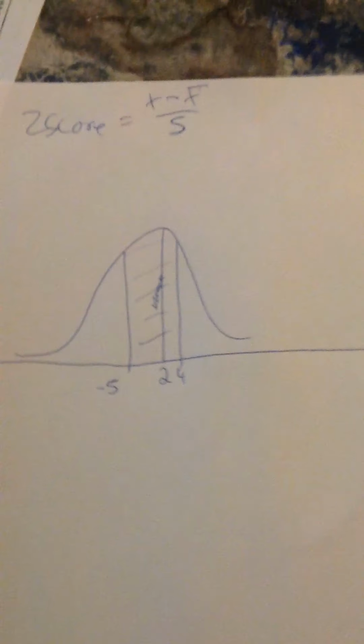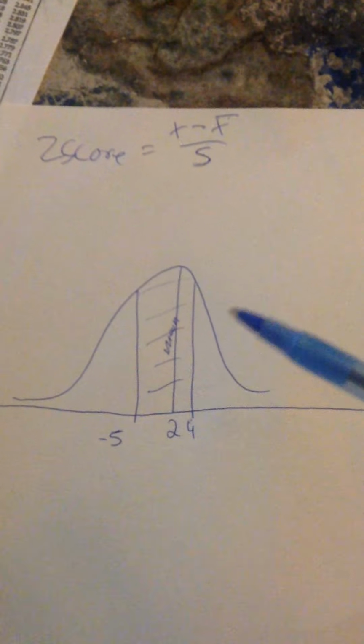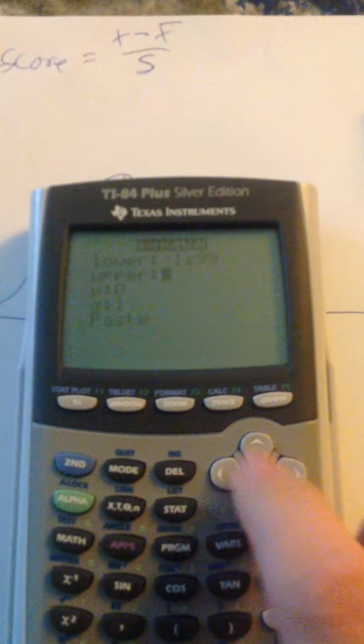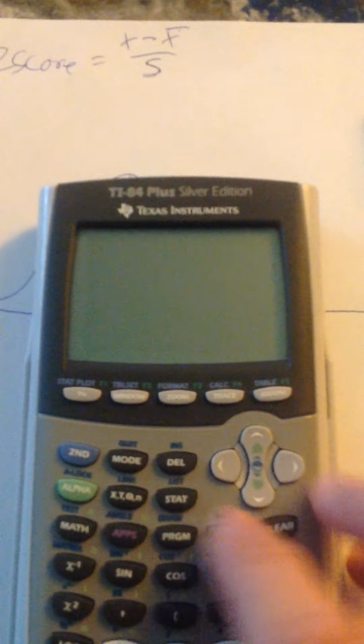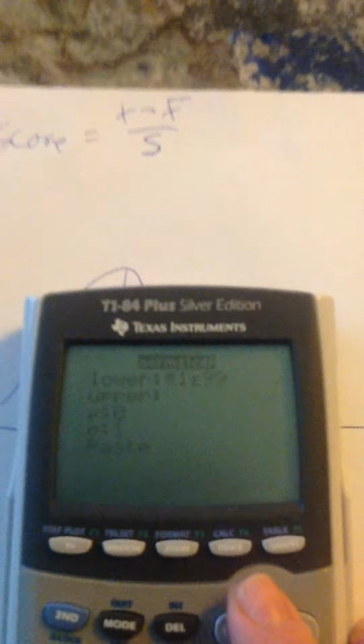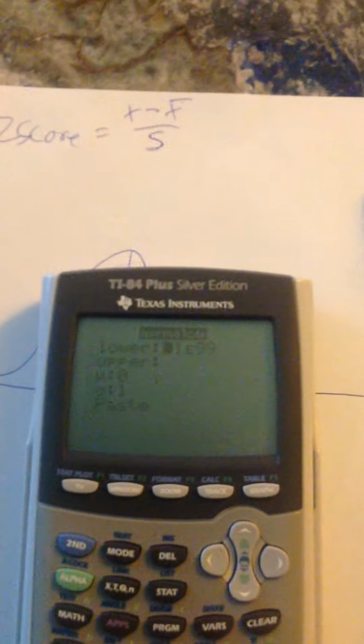So, how to use the calculator. More importantly, what do you need to use the calculator for? So, let's first explain that. The thing he said in class about using this feature right here, where is it? It's going to be second distribution down here. The thing that he said, which is the normal CDF function, is actually finding the